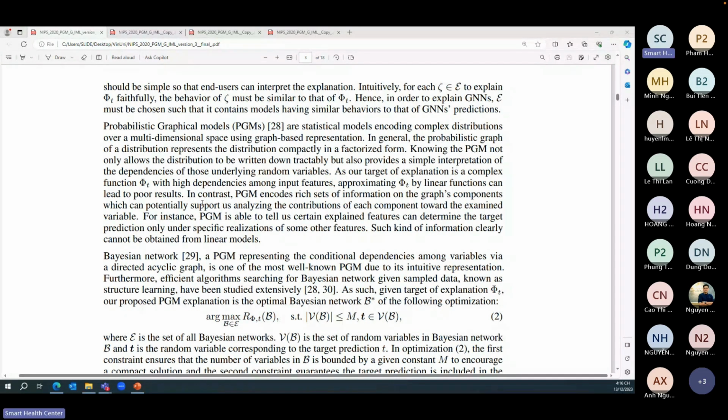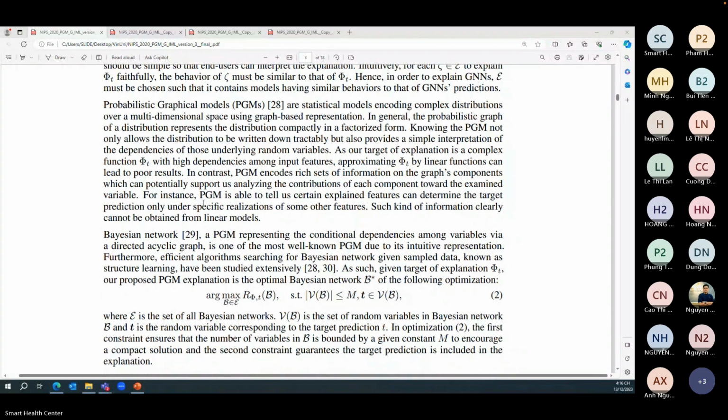The key message. All right, so I want to show something, but it's a little bit hard to navigate. I should have prepared the slide. But what I'm trying to tell you is that this version, this is a final version, huh? Version 3 final, this is a final version.